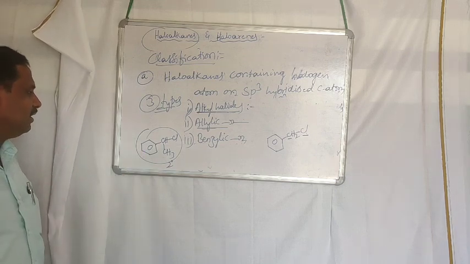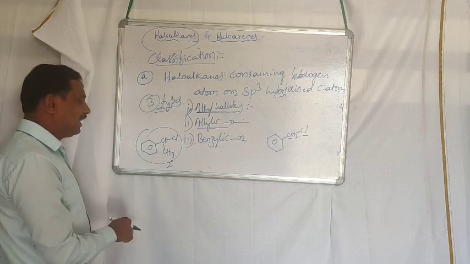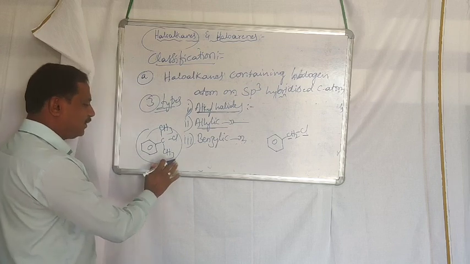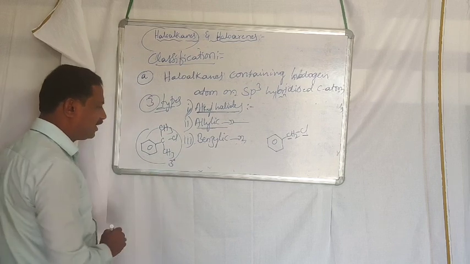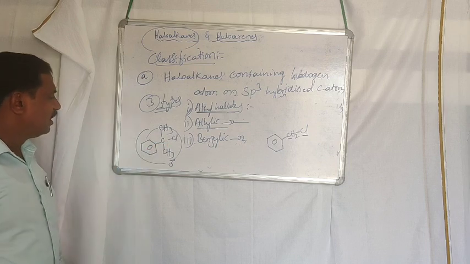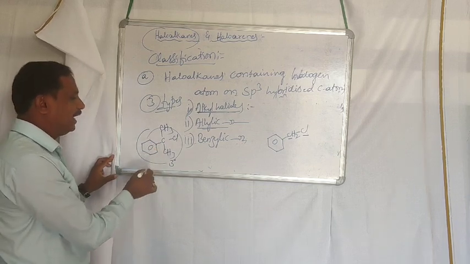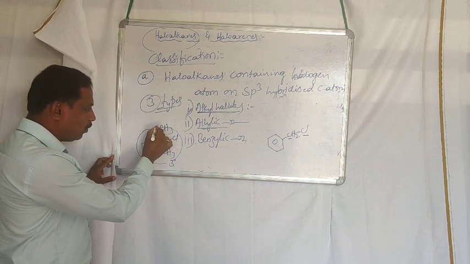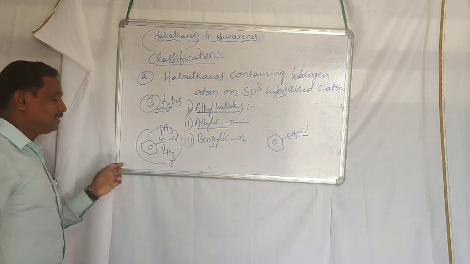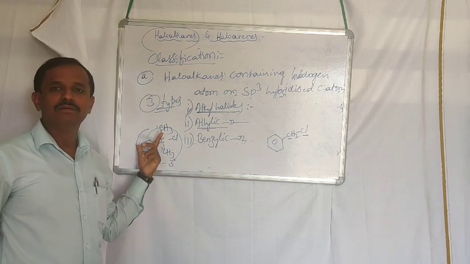You take another classification, a tertiary benzylic halide. That is very simple. It is a 3-degree. What is the reason it is a 3-degree? Because the halogen atom is attached to a tertiary benzylic group. What is the IUPAC name of this compound? It's very simple. 2-chloro 2-phenyl propane is the example of a 3-degree, that is a tertiary benzylic halide.